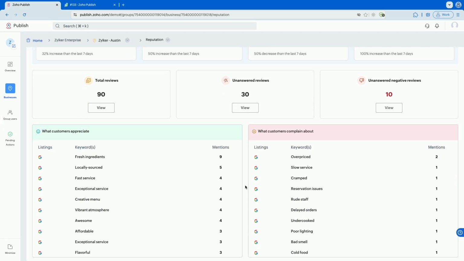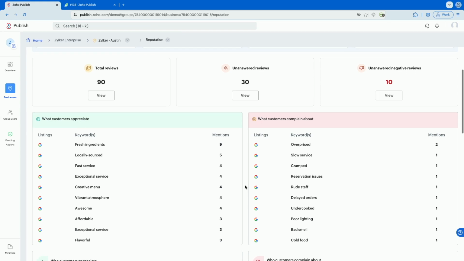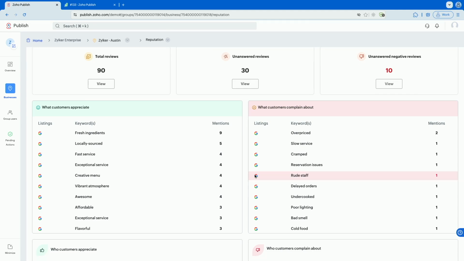And an interesting fact, you understand the sentiment. What are all the keywords that are used in reviews, which are positive as well as negative? You'll get a better insight about all these details. If you get any negative reviews, of course you can work on your business to improve that particular operational thing.